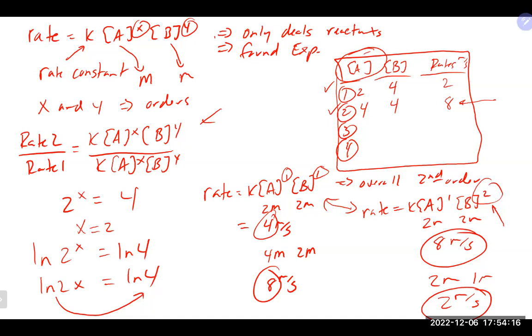Not necessarily. You could. It depends on what you would want to do. So, for example, if we went over here and we doubled the A in this case, that would be 4 for the A, and we kept the B still at 2. We still have 2 squared, which would be 4. 4 times 4 would be 16 molar seconds. It did increase the rate, right? But it only increased it basically by doubling the rate, which may be fine for what you want to do,